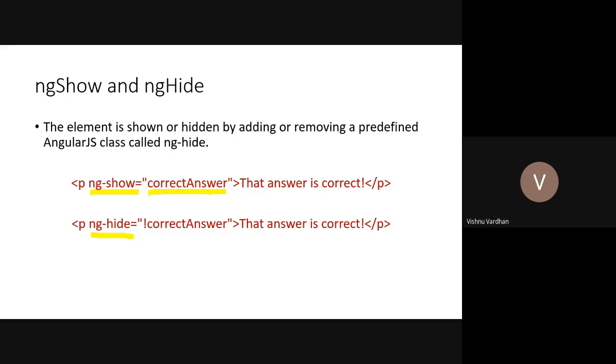So this is a property which is in the model, and whenever we change this model value, if it is true, it will be shown on the user interface, and if it is false, then it will not be displayed. It will not display anything actually. So that's why you can play hide and seek with ng-show and ng-hide by only monitoring a single property, or the value coming from the model.